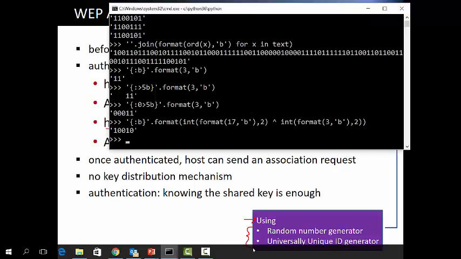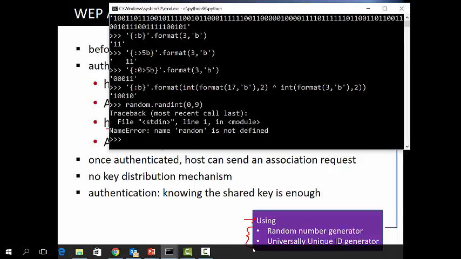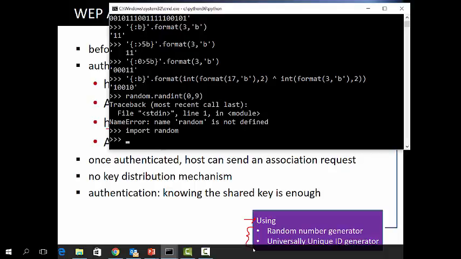So random is a module, and then you can say randint from 0 to 9, and it returns a random number. But right now, I'm not sure the random module is imported. If it's not imported, then we have to import it. Import random. Random is built in, so you do not have to install it.